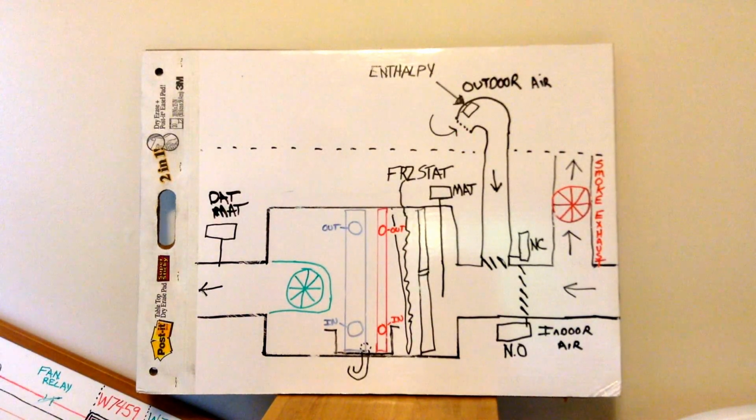It's not an option. You don't bypass them. You don't cuss and swear at them. You've got to make them work. It's the only cooling they have for my part of the country 6 months out of the year. So a couple things I wanted to show you here, so we've done some economizer training so that these